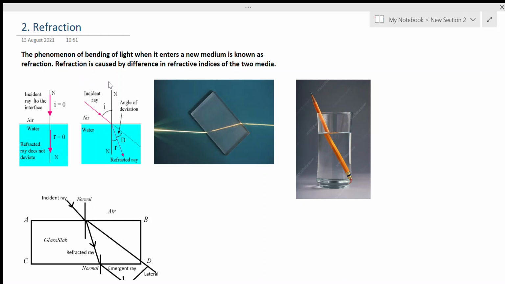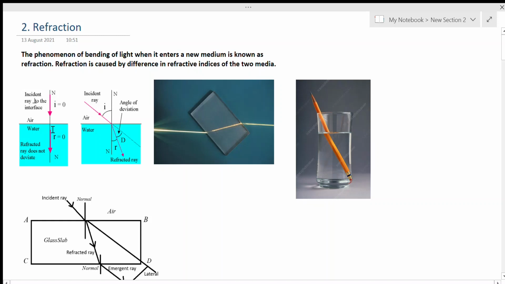Hello students, today we will discuss refraction from the chapter ray optics. What is refraction? It is the bending of the ray of light when it enters a new medium. So when light passes from one transparent medium to another transparent medium, at the interface, that is at the point of incidence, there will be a change of path as well as a change in the speed of